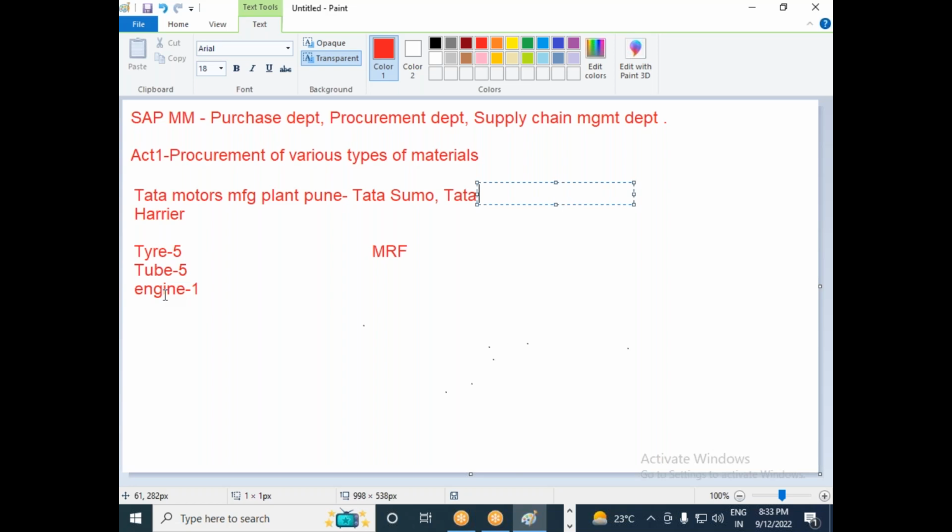When I say real-time project, how you are really going to work in the project when you get into a company and are placed into a real-time project. What activities you are going to perform, how you are going to test the things, and how you are going to deliver the objects or the solutions to the client.